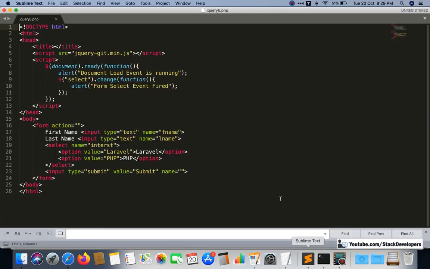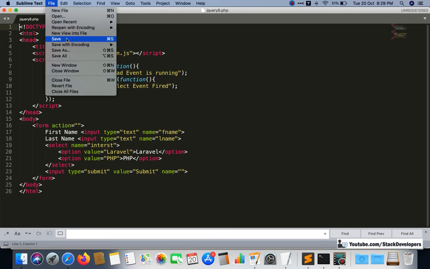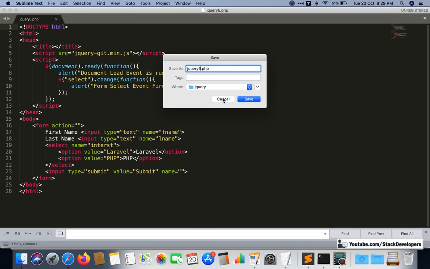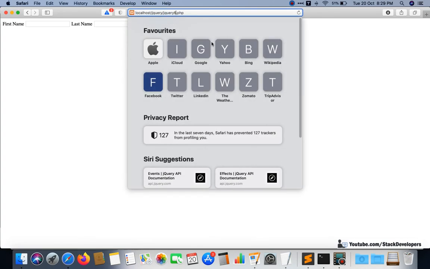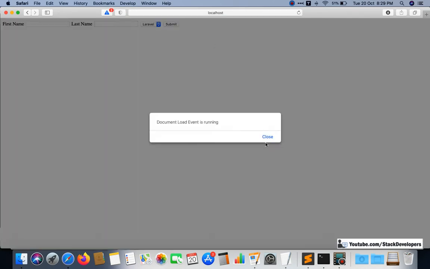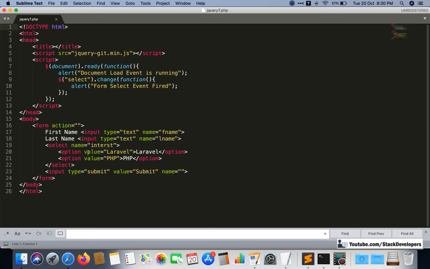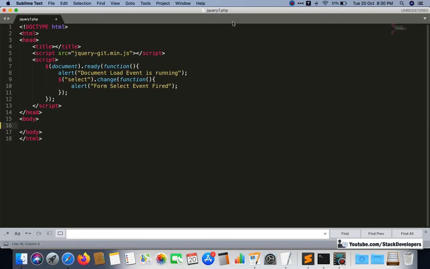We already know that if we want to show some kind of HTML and hide some kind of HTML, then we will use these methods. I will make a new file this time, jQuery7.php. Now we will make changes here. I will remove all this, and this one also I am going to remove.